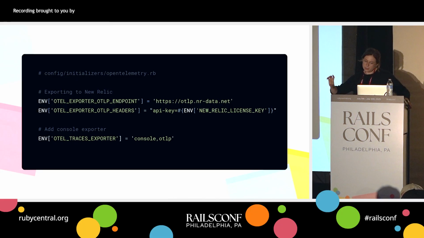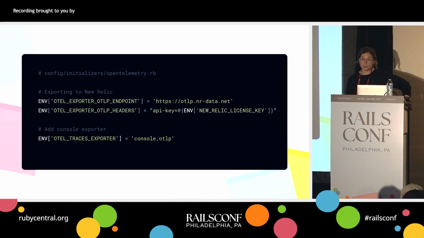So what we're going to do here, this is connecting us to the New Relic endpoint. If you're doing something with a different vendor, they probably have a different endpoint and headers situation. So the endpoint is specific to New Relic's OTLP data. And then the headers, you just need to make sure that you pass your New Relic license key after API key, no spaces. And those two things should be all you need to do to start sending data to New